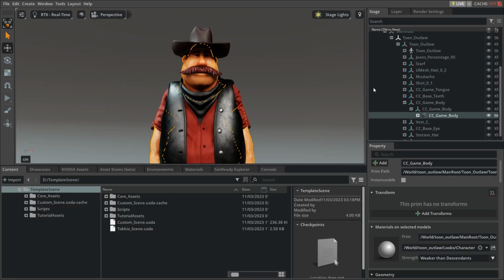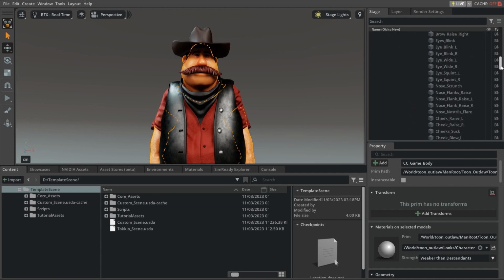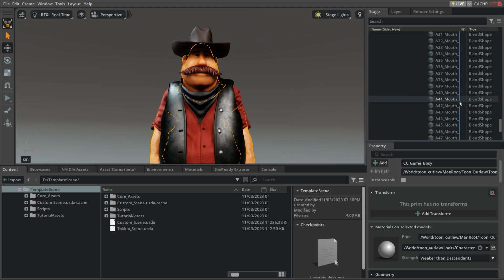Now, if we click on this guy's head mesh and then expand it, we can see he actually does have quite a few blend shapes in there. The ones starting with A actually are the correct set for ARKit, but the naming is different from the NVIDIA standard. If you are creating your own character from scratch, you can make sure the naming of the facial blend shapes matches this list. If you have no blend shapes, you can also generate them using Audio2Face, but we won't cover that